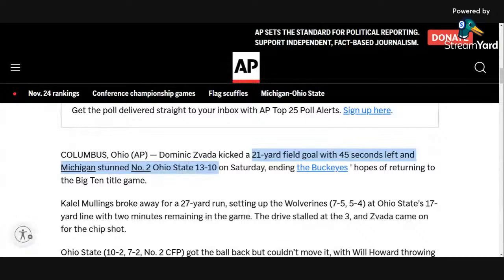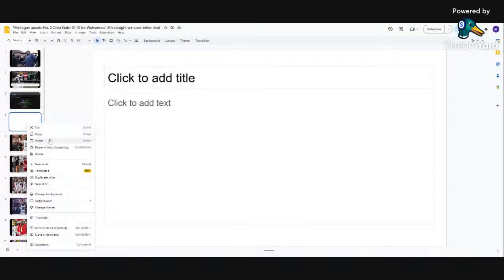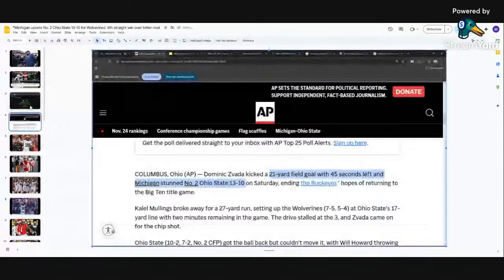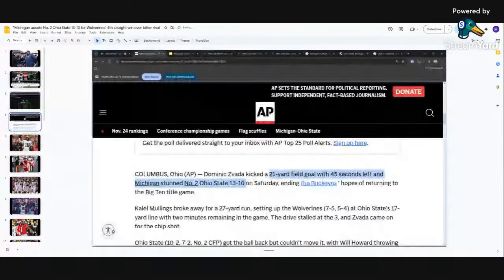So basically I would just probably line these up in order of importance, which it appears is kind of how it's hitting right now, because the kicker, it's a game-winning kick, right? So you see right there, 21-yard field goal with 45 seconds left, and we already hit on the 45, right? Rivals equals 45 with 45 seconds left.